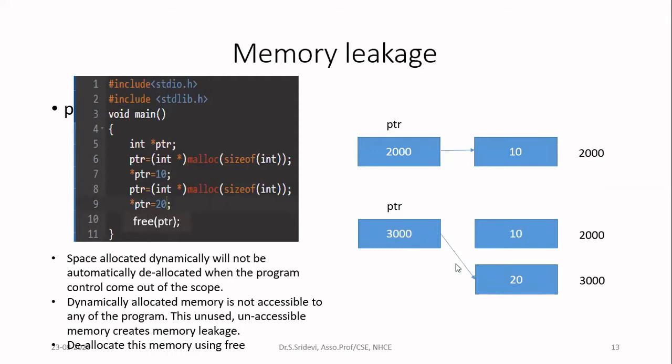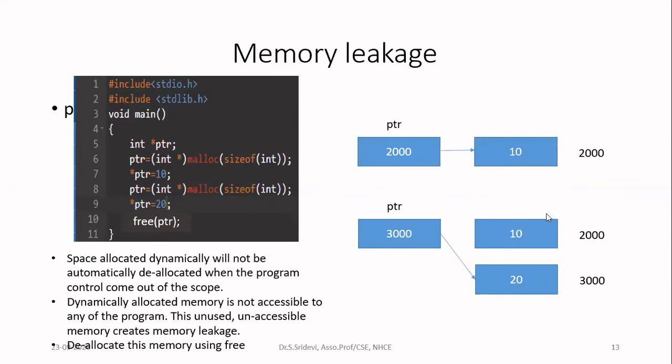Now what happened to this 2000? I want to access this variable now. Is it possible to access this memory location now? No, ma'am. Why is it not possible? Because we are not giving any name to this memory location. If you write int a as a variable, you can access this variable's memory location at any time by using the variable name. But now I am accessing this memory only with the help of this pointer. But now this pointer is pointing to some other memory location, not this one. I cannot make this pointer point to this memory location again.